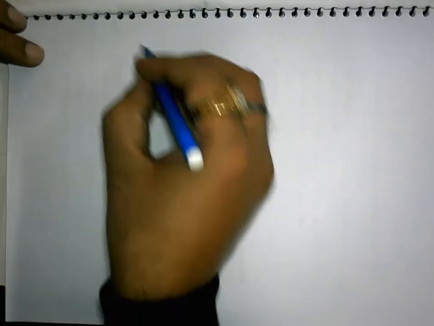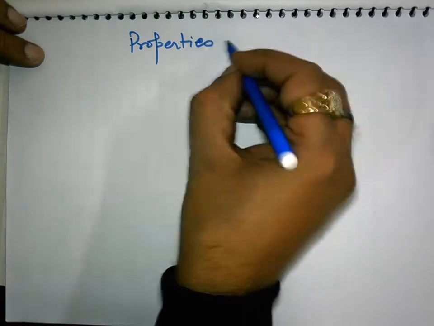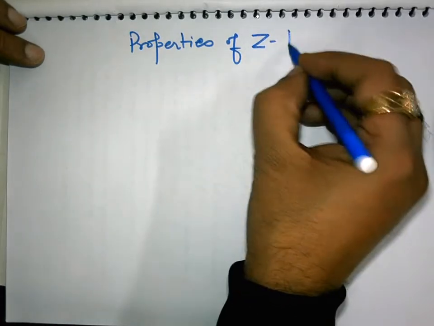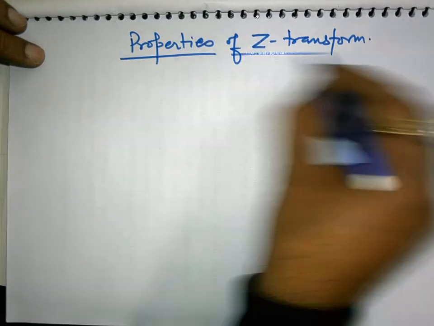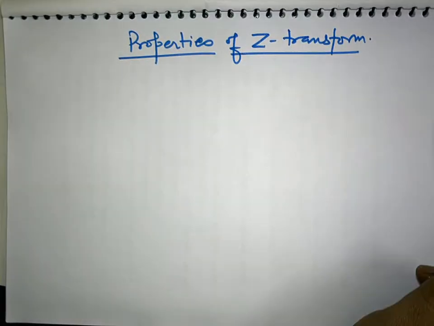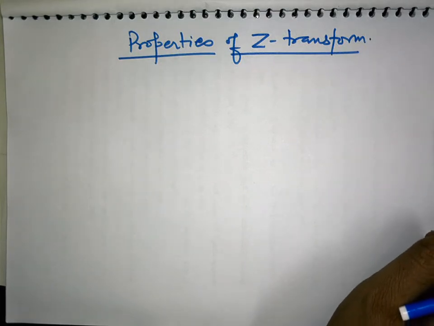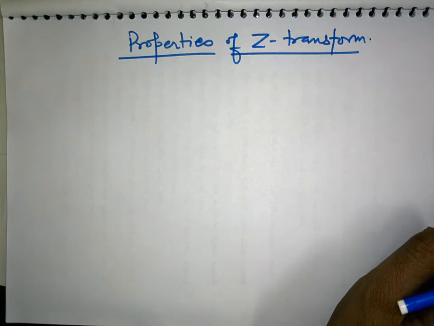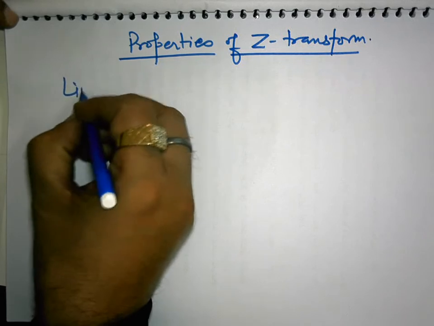And while dealing with the properties of Z transform, basically these properties make this Z transform a very powerful tool. Okay. What this property says, the very first property is